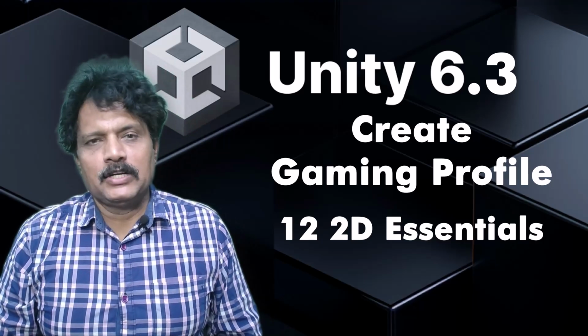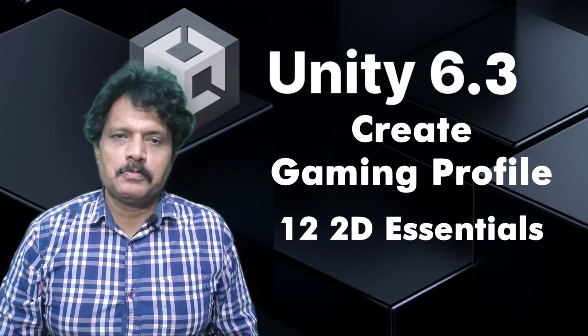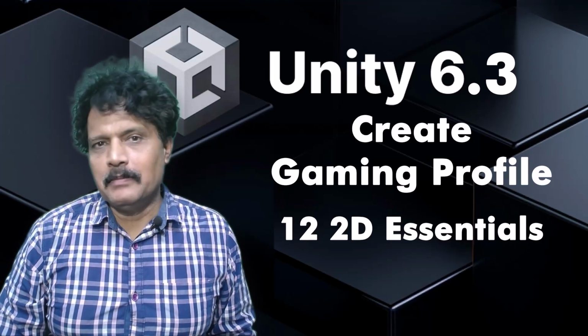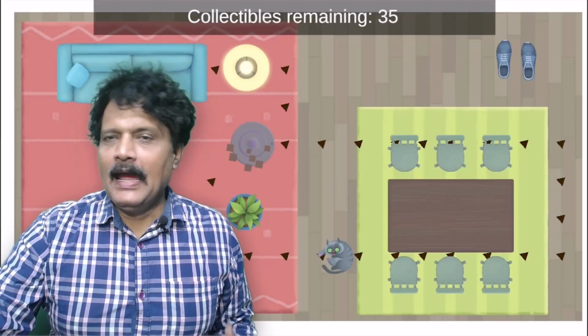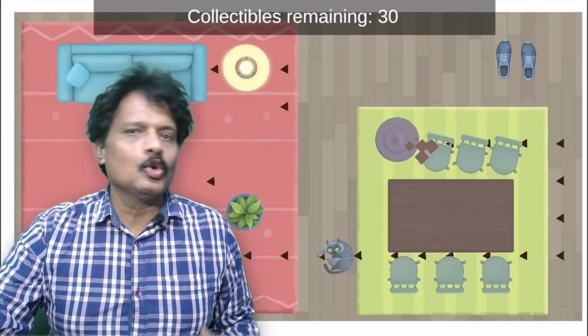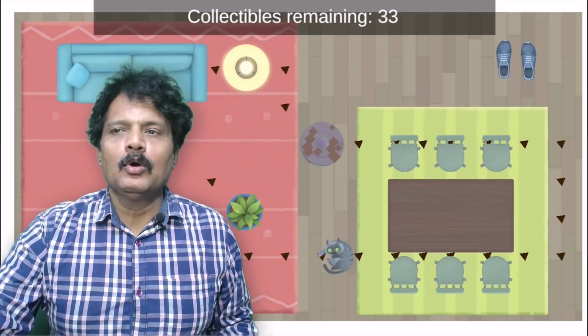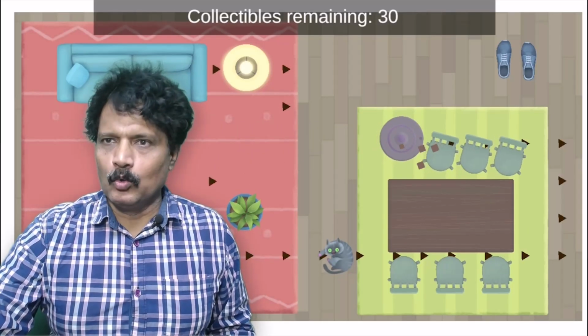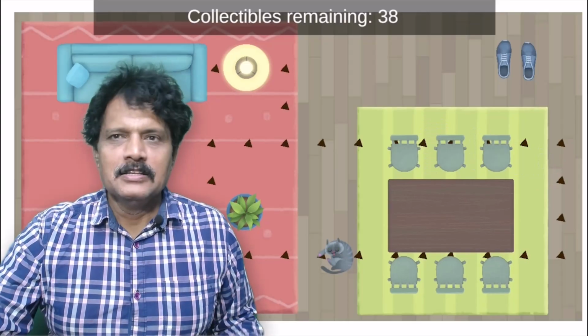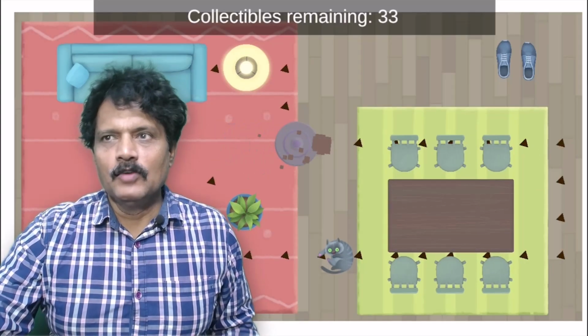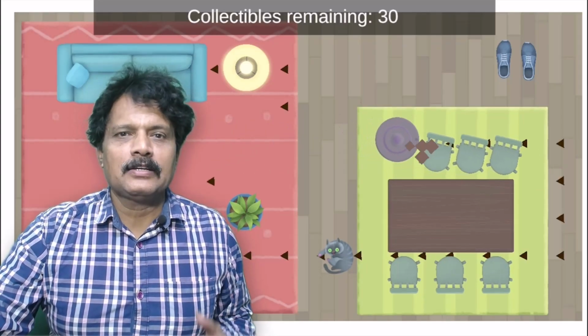Hello and welcome to our 12th session wherein we are going to explore building 2D games in Unity. We are going to create a top-down mini game similar to the 3D living room experience but in 2D. You will create a top-down 2D version of the interactive living room scene you created earlier. Just like in the 3D scene, you will control a character and try to collect all the objects in a